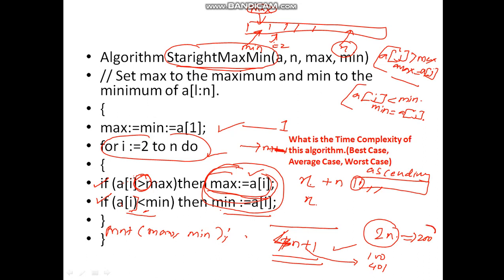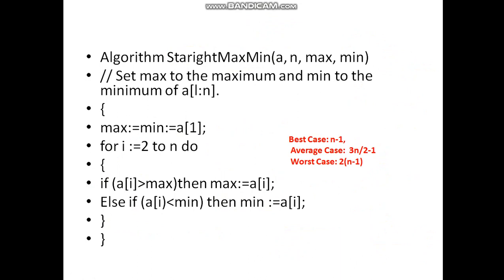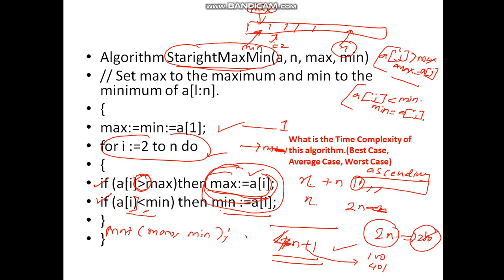So sometimes the complexity of a program is also evaluated based on how many comparisons are done. Over here 200 comparisons are done. So if you see here, the number of comparisons will be 2n minus 2, or it will be 200, let us say. So the complexity is this one. As I told, this one is in the ascending order. If it is in the descending order, then these assignments will happen for n times, and this comparison will happen for n times. So based on that, this will happen.